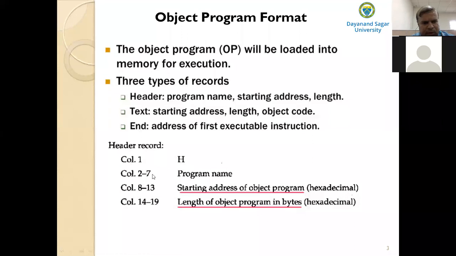Column 2 to 7 may contain the program name. Column 8 to 13, the starting address of the object program, of course in hexadecimal. And column 14 to 19, the length of the object program in bytes, also in hexadecimal. So that is the format of the header record.